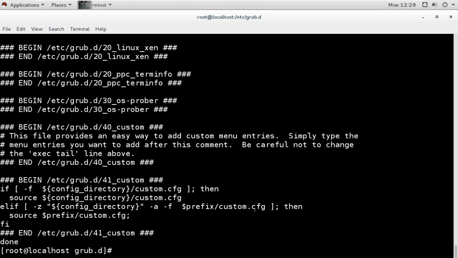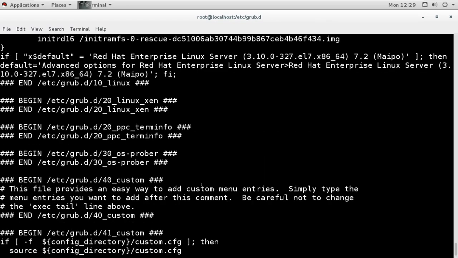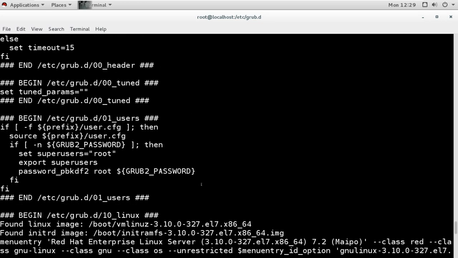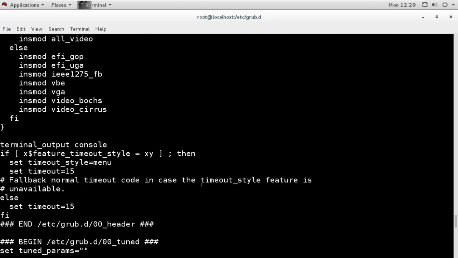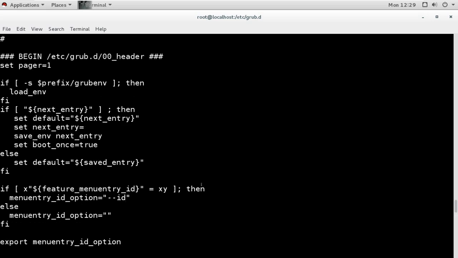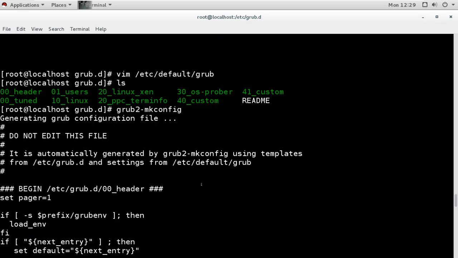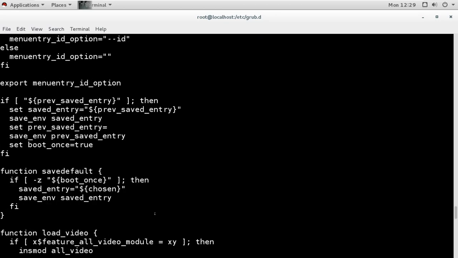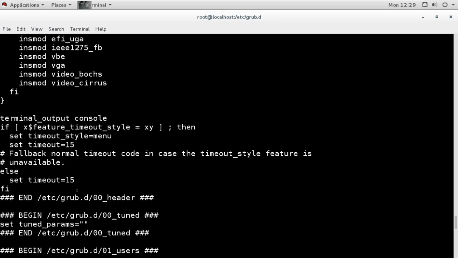It is done. Now when I run the command, what does it do? It is actually not updating the changes, it is just giving me the output. It is only giving me output on the terminal directly. Still the main file is not updated. It is just generating the grub configuration and showing me the updated configuration here, where you can see the timeout is set to 15.